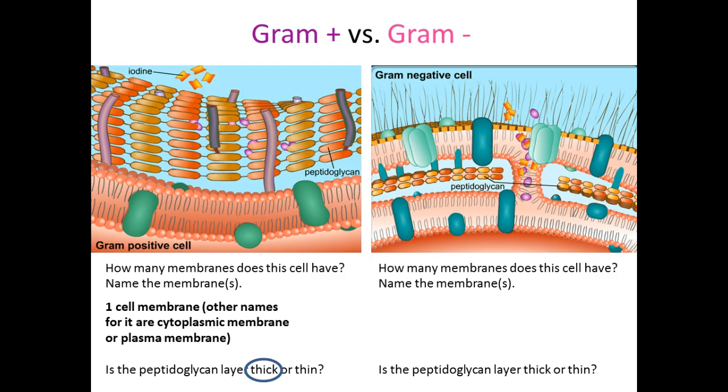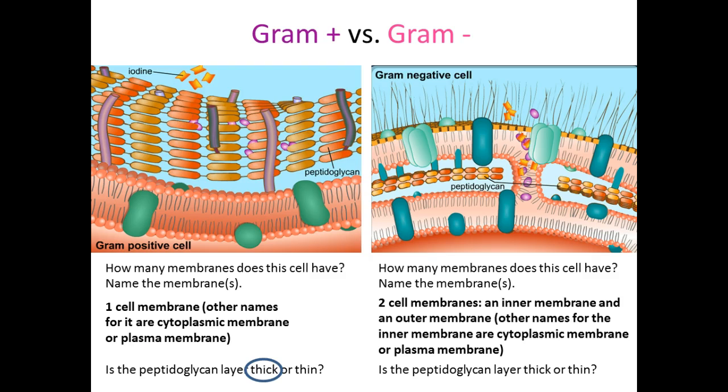That's easy, right? Because it's the outer one. And so again, remember the cell membrane has multiple names, but thank goodness the outer membrane just has one, and it's a really good clue as to where it's located. Now, if they've got peptidoglycan, for them it tends to be thick or thin. Thin, right? So notice sandwiched between the two membranes, a thin layer. And this isn't enough to trap in the crystal violet iodine, and we also have this problem with this other